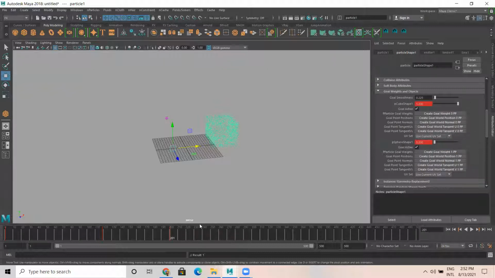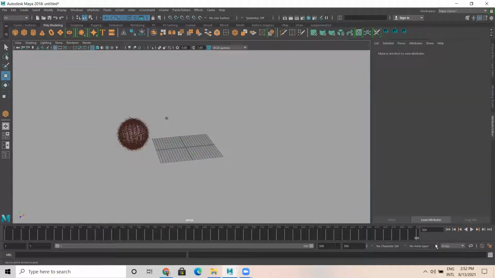Polysphere to be 0. From 200 to almost 350, the cube will be 0, set key, and the sphere is 1, set key. It means the cube is losing its shape and transforming into a sphere. Then from here to the end, this is 0 only and this one is 1.